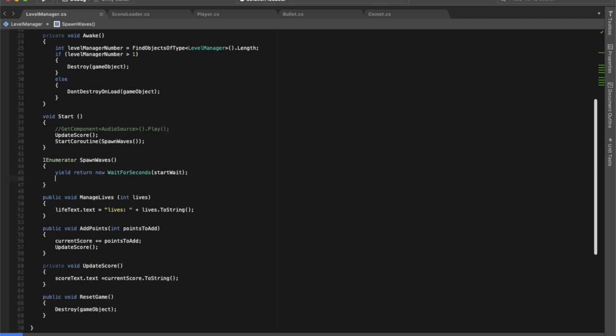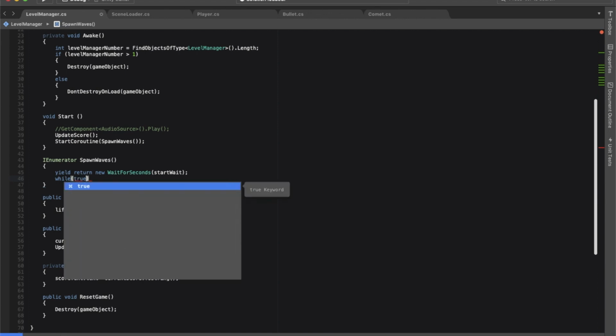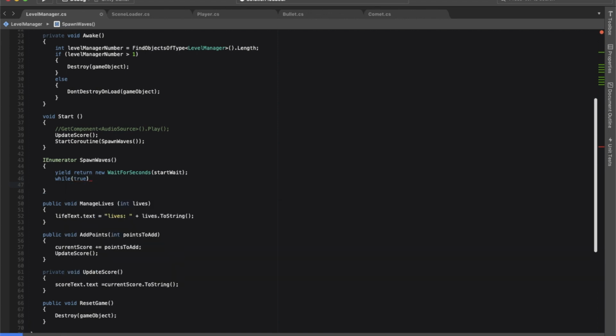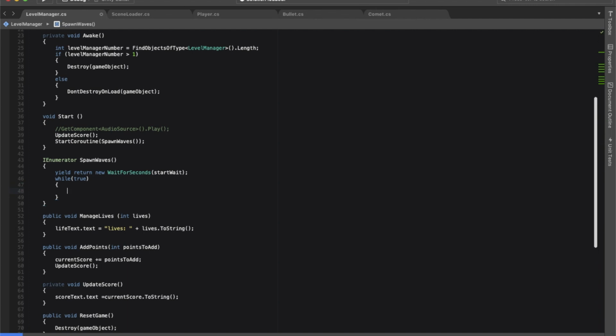And then we're going to use some new stuff inside of our coroutine that you have not used before. We're going to use a for loop, and we're going to contain our for loop in a while statement. So we're going to say while something is true, we're going to run a for loop. So while, and in parentheses, true. And we want to do something. So, for,